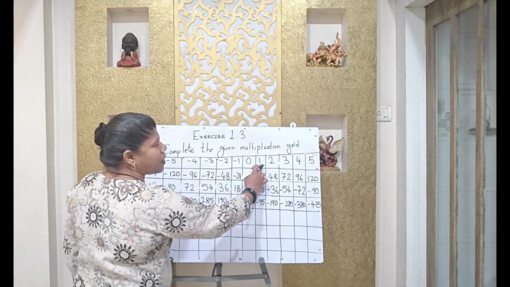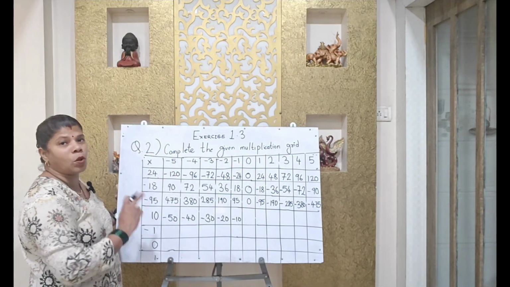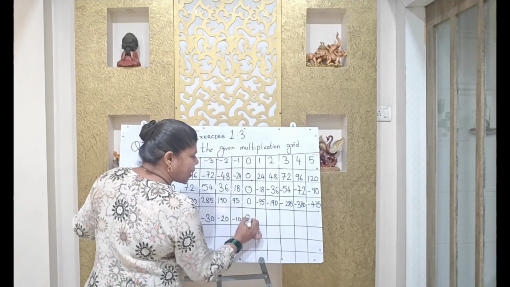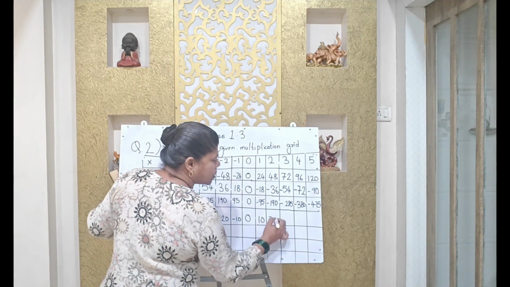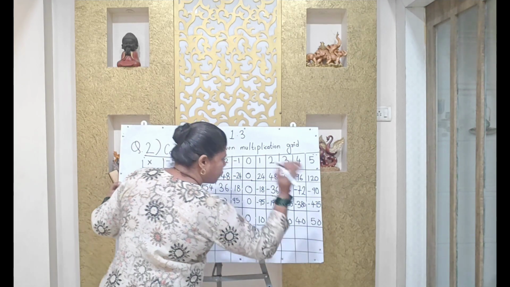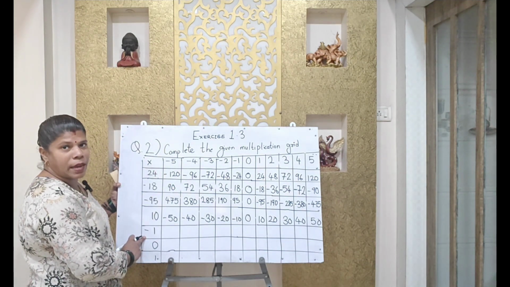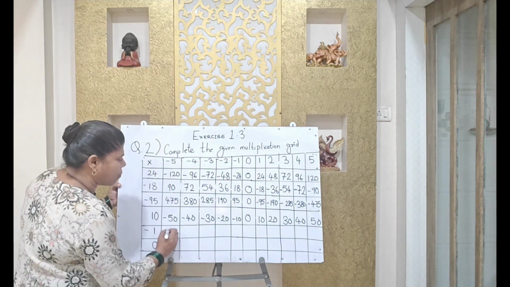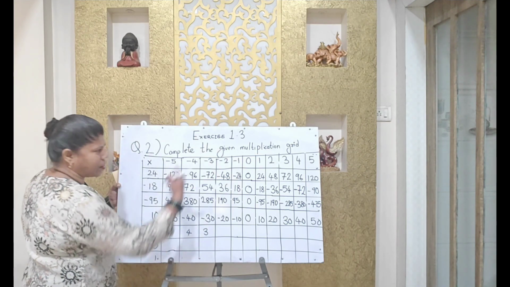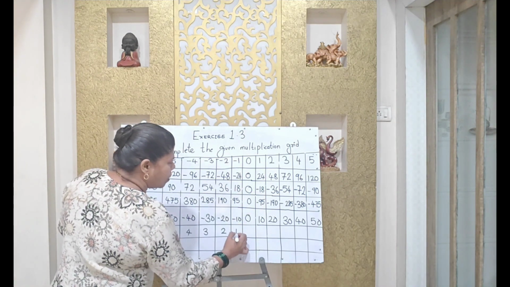Again, your multiplicands are all positive and this multiplier and multiplicand both have the same sign, that is positive. So the answer will now be positive. So 10 1s are 10, 10 2s are 20, 10 3s are 30, 10 4s are 40 and 10 5s are 50. Again see here minus, minus, same sign, positive. So 5 1s are 5, 4 1s are 4, 3 1s are 3, 2 1s are 2, 1 1 is 1, again 0.